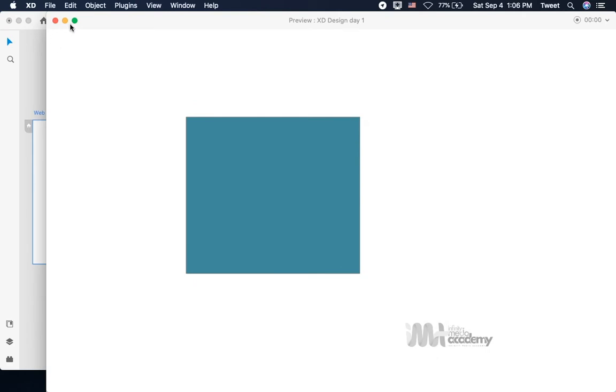Now, this is it. Right now, if I click anywhere on the screen, it will display the first screen. Now you can see. Because I linked the second screen to the first screen, and because I told the prototype properties to make the second screen our home screen, immediately we clicked on preview, we saw the second screen first, and the linking took place immediately I clicked on any part of the